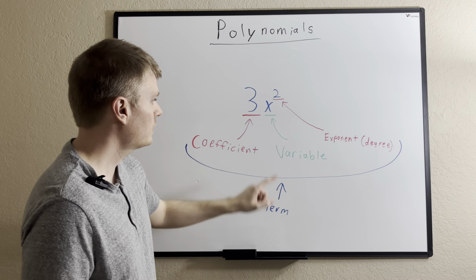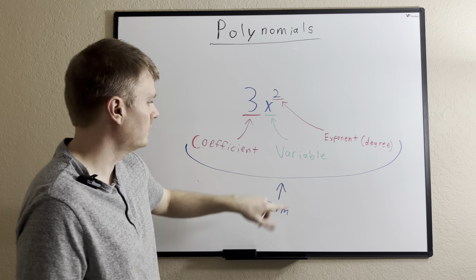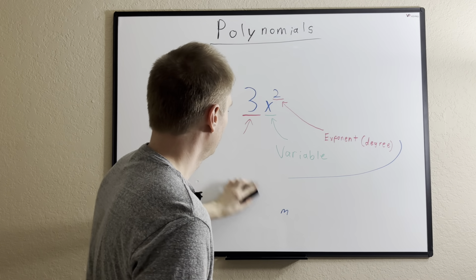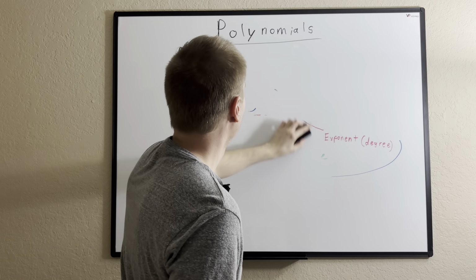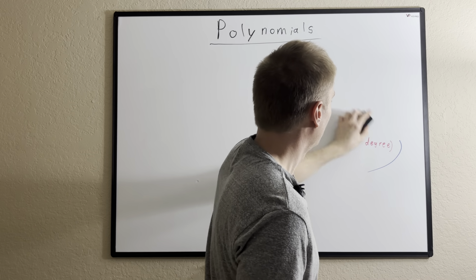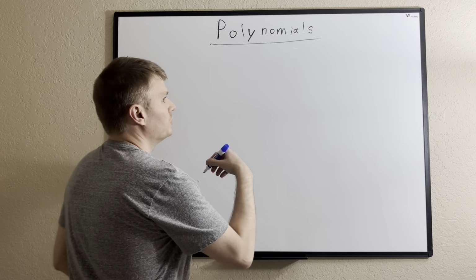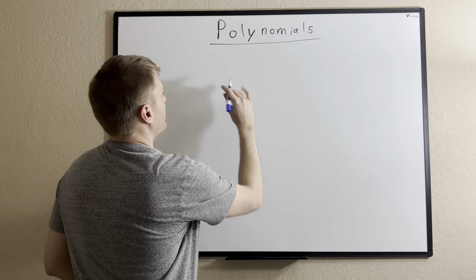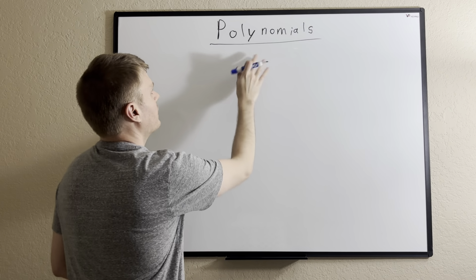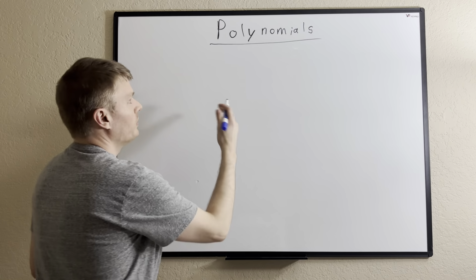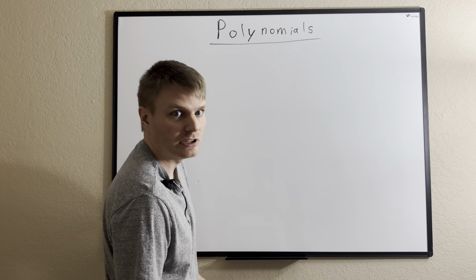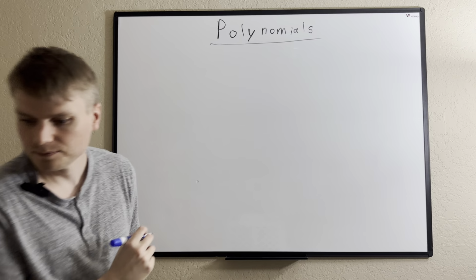So the coefficient of the term, the variable of the term, and the exponent or degree of the term. You need to know all that vocabulary before we can move on, because we're going to be dealing with a lot of multiple term expressions. Hence the word polynomial. Poly means more than one. Nomial means numbers, I think. Sounds like numbers. Anyway,